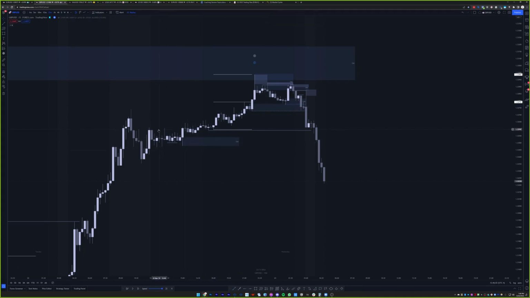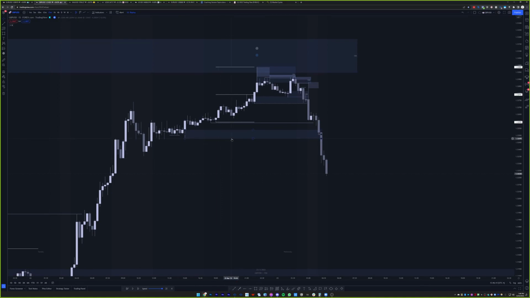Remember, why am I marking this out? Look, this swept a level and also broke substructure or structure or whatever, right? So when I see a failure like that of a level that otherwise should be holding, then I know it's playing into the whole internal range liquidity thing. If this goes, which should have been an otherwise good level, then we can expect other good levels to go too, right?